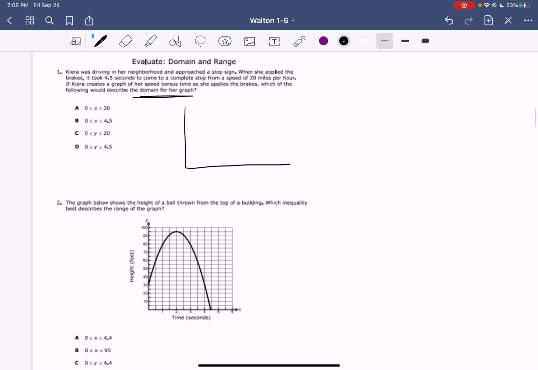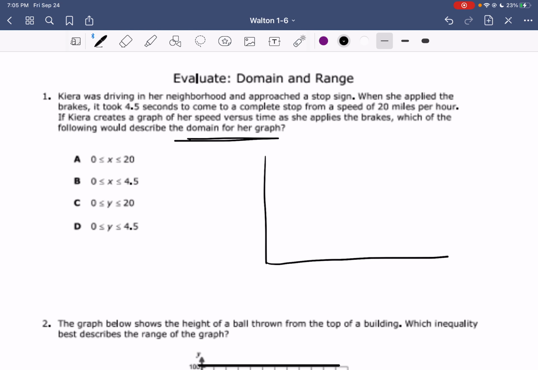Initially, something we can already examine about these answer choices is that these both have y's, so these are giving range answers, and so we automatically know that those cannot be right, because domain is x, so we know that our x statement is going to be like this,